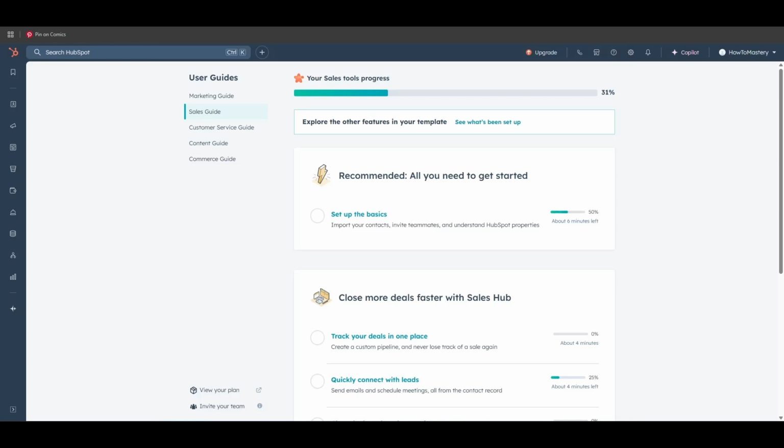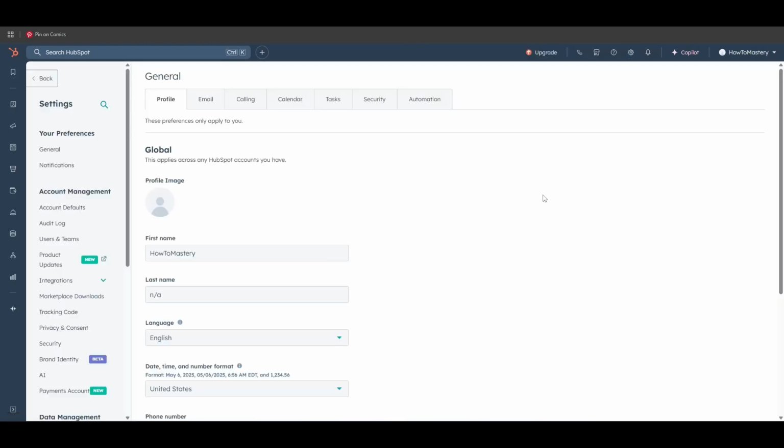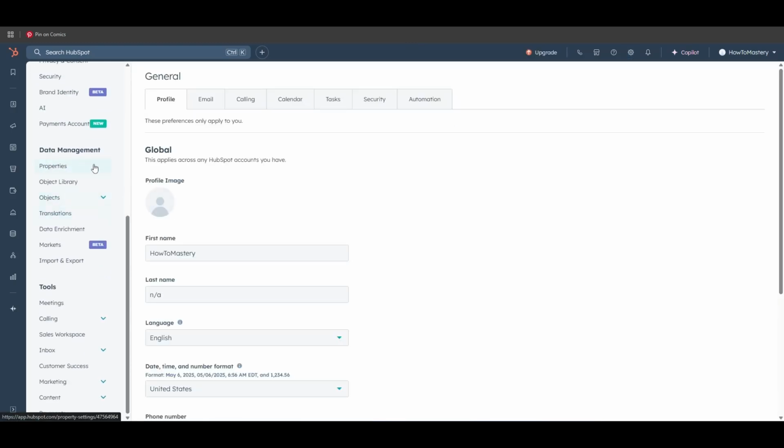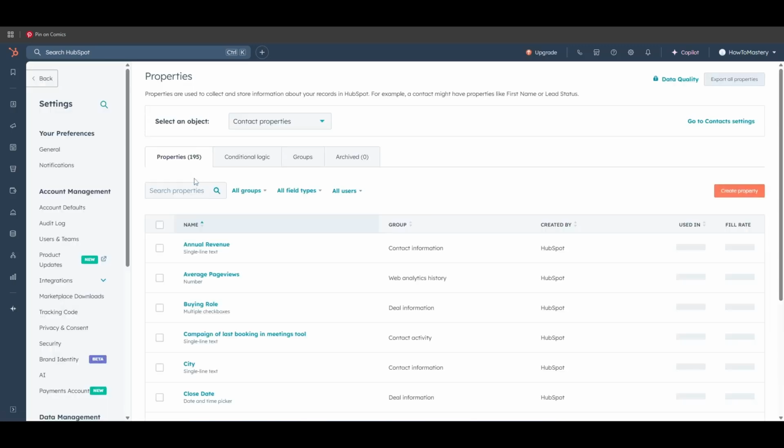How to create buyer persona in HubSpot. So first go to HubSpot, and then you can just click on the gear icon here at the top. Next is scroll down and look for properties here under data management. And then you can just